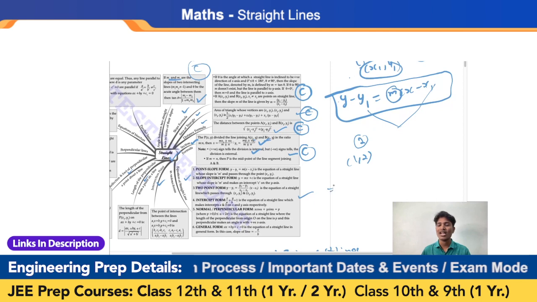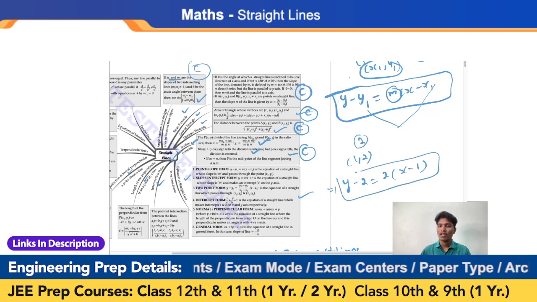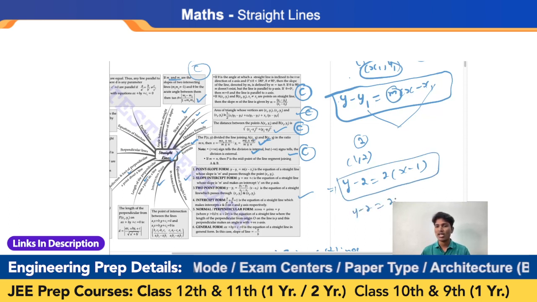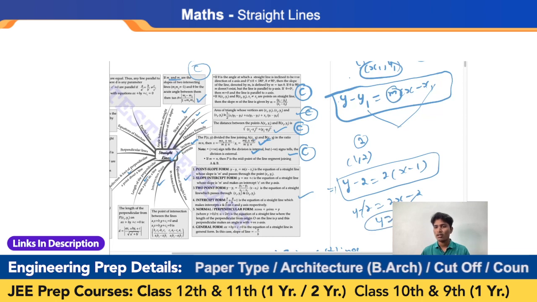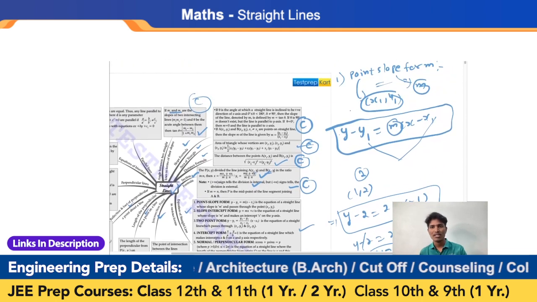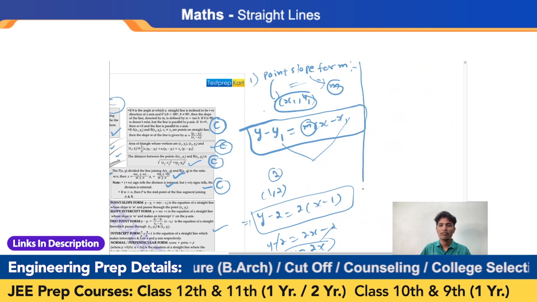If I want to write the straight line, how can I write it? I can write y minus 2 is equal to slope 2 into x minus 1. This is the answer. I solve: y minus 2 is equal to 2x minus 2, so y is equal to 2x is a line. Yes. The first line is completed. Now the second format,